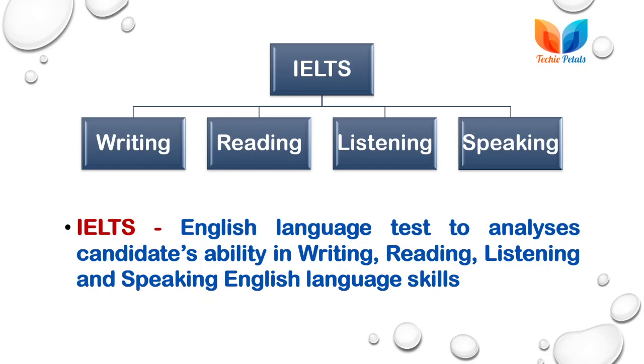As one is moving to other countries where English is the main communication language, he must have basic knowledge of these 4 English skills. It means he must be good at writing, reading, listening and speaking. Only then can he or she survive in a country where English is the main communicating language.